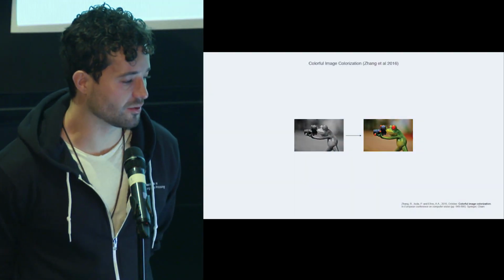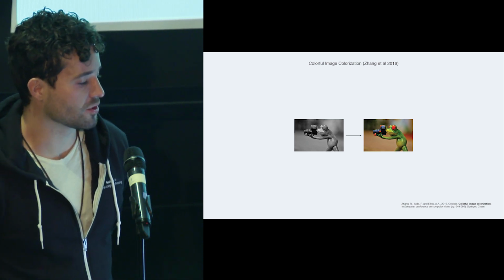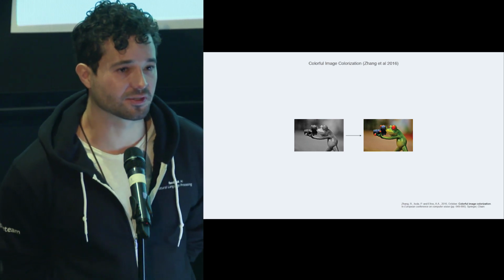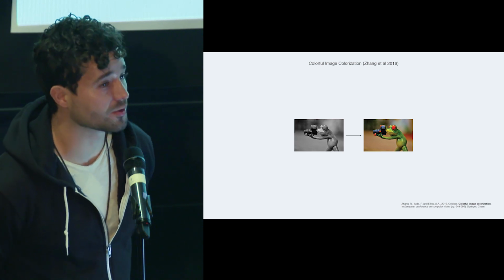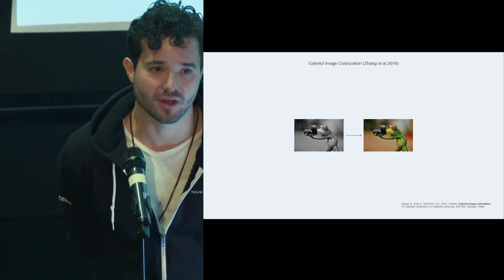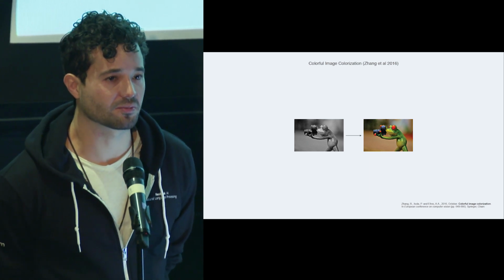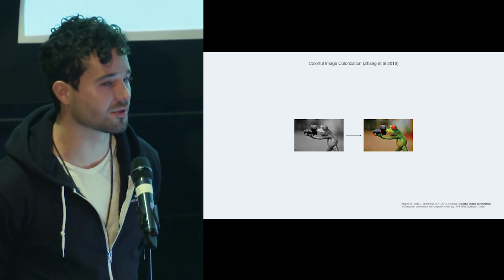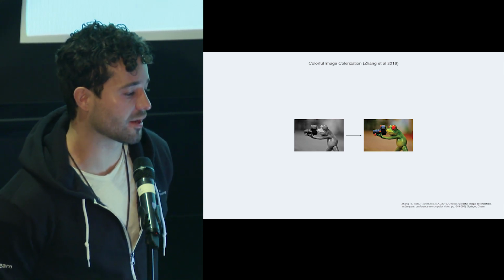So unsupervised learning versus self-supervised learning. In self-supervised learning, this is one example. This is something called colorful image colorization. You have an image that you desaturate and you just turn into black and white. And your task is to come up with some model that puts that color back into the image, right? This is called self-supervised learning because you're taking something in your input and trying to predict a different part of it. So you could chop this image in half. In this case, you're taking the color channels and trying to predict the other color channels from the non-existing color channels.